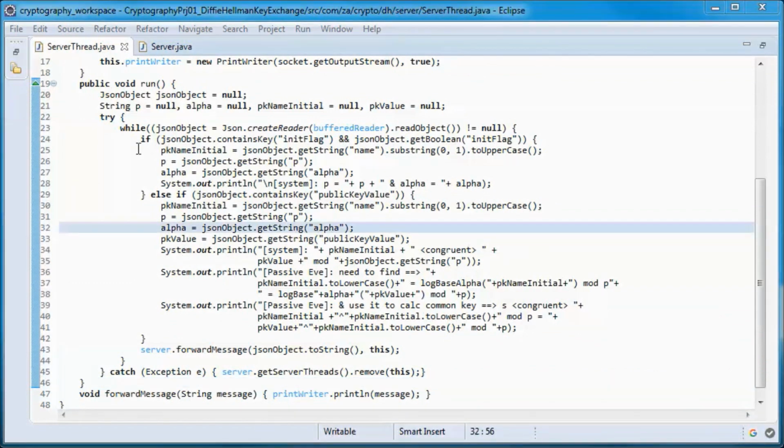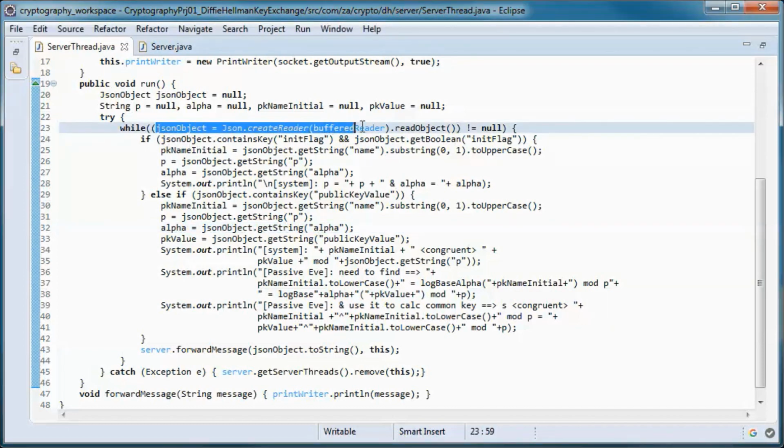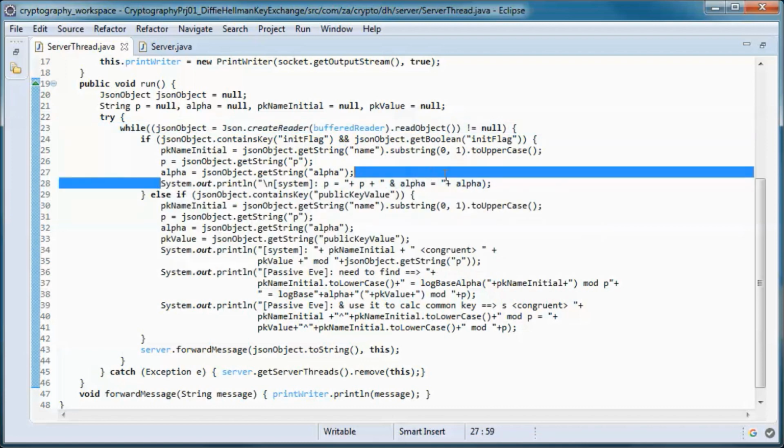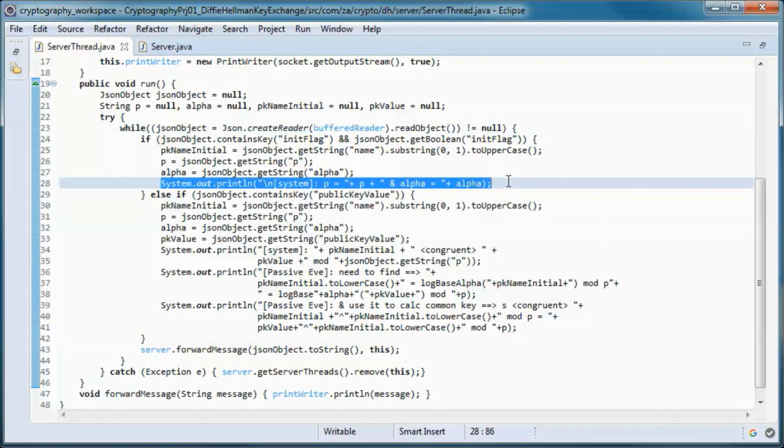So the server will open up the JSON message sent from Alice to Bob, or the other way around. And all it is doing here is displaying the content of those messages.